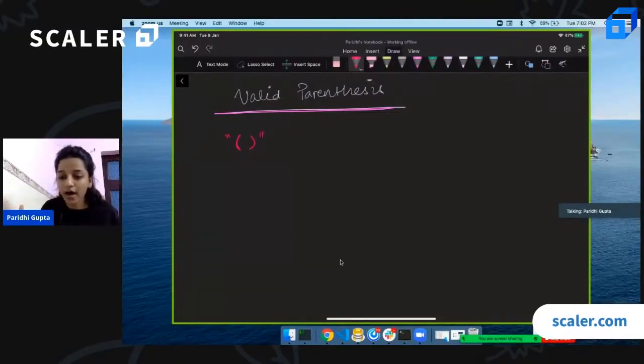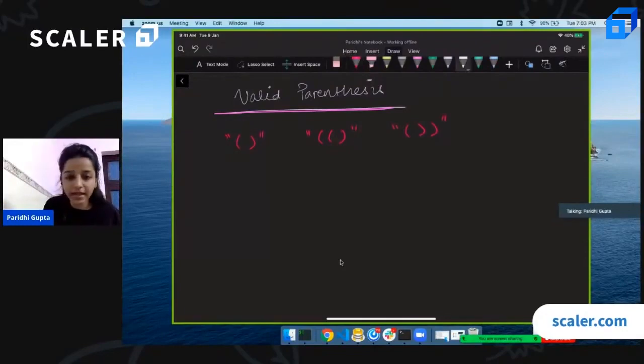Let's say you are building a compiler in which you will be writing your code. You want your compiler to check and verify your code. So in that case, you will definitely want to know how we can check if the brackets are valid or not. So how can we do that? Let's see. First of all, let me give you some examples. Let me write down the examples.